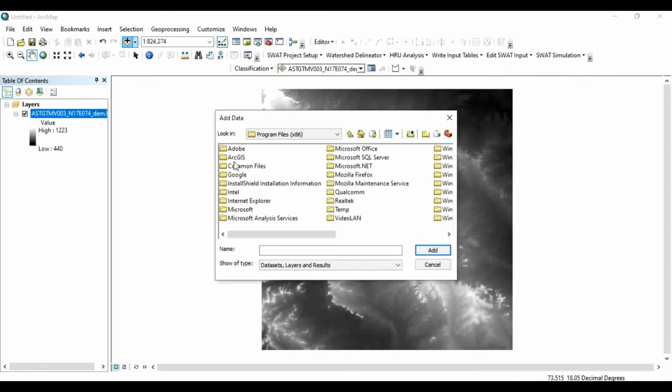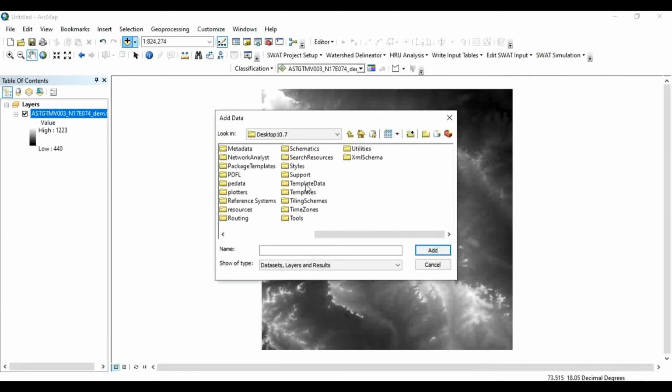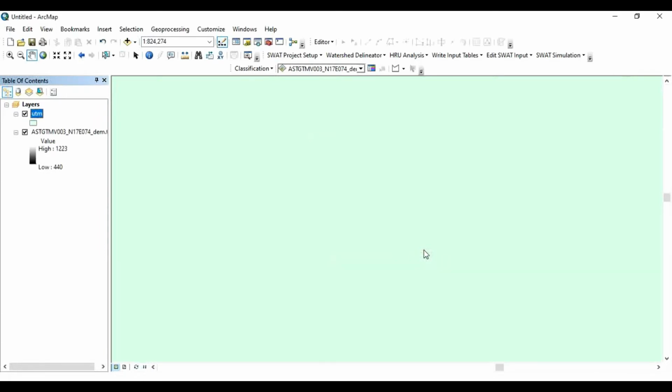In that, click on ArcGIS, then desktop 10.7, then find the reference system and click here a UTM shapefile and add it.